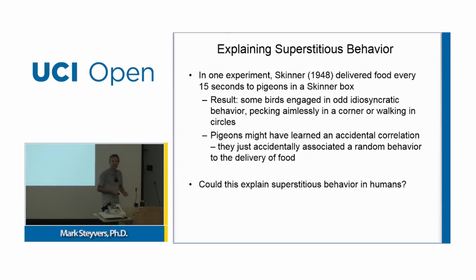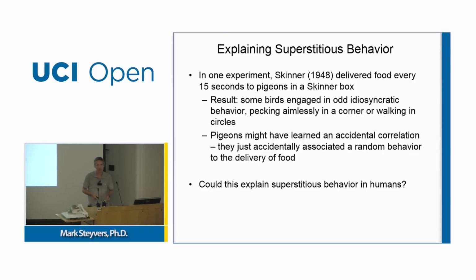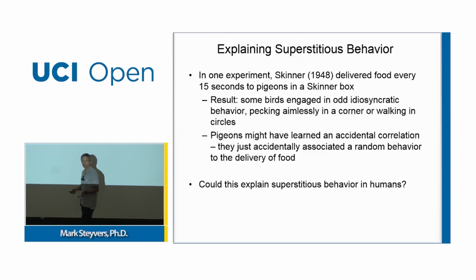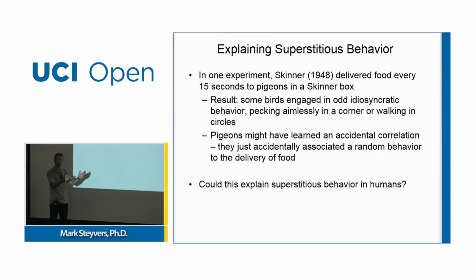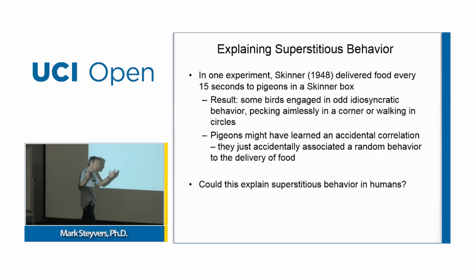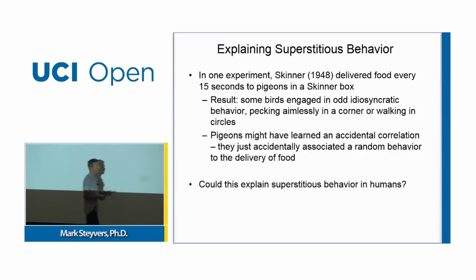And Skinner believed that this might explain superstitious behavior in humans. Now, people do some odd things and learn some odd things. In sports, for example, sports players and coaches have some very strange superstitious behaviors. Coaches can wear the same clothes to games because at some point they won a major game using a certain set of clothes and they believe that caused them to win. Some sports players learned not to take a shower the day of the game because they once won a game not taking a shower, so maybe that's the way to go from now on.